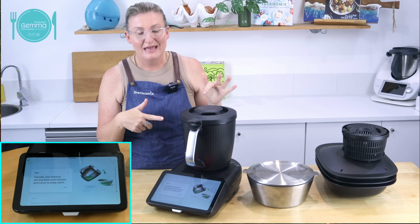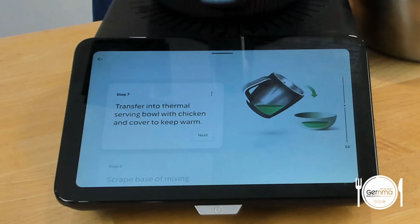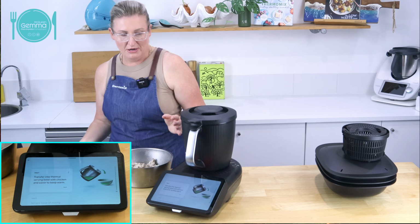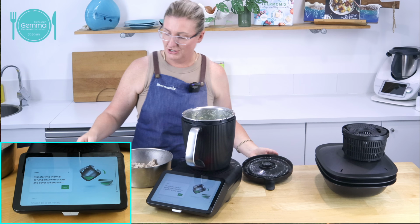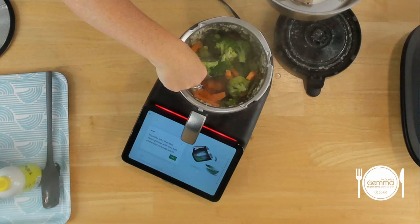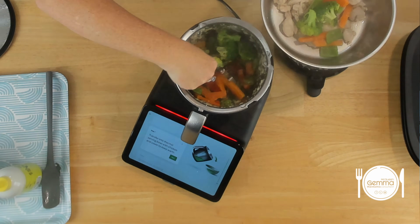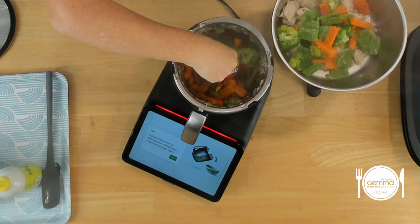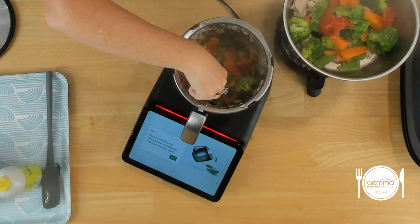Rightio, now they're my veggies done. I'm going to transfer them, and I'm going to use my tongs again. I'm going to transfer my veggies now into that. Now look at that. Oh yeah, leave it like that, Shane. Look at that. They're so beautifully done, and they've got that kind of shallot-y kind of